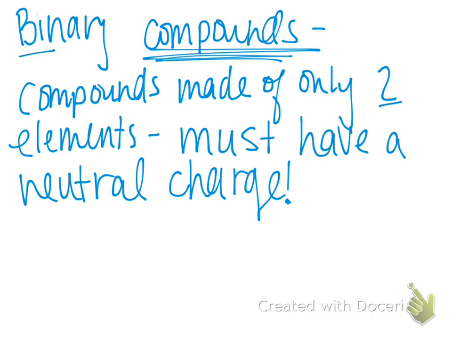If I wanted to form a compound between magnesium and bromide, okay, what's the charge for magnesium? +2. And what's the charge for bromide? -1. So there's 2 ways that you can go about combining these. The answer will be the same. There's 2 ways you can go about thinking it. Okay? So if I know that magnesium is a +2 and bromine is a -1,